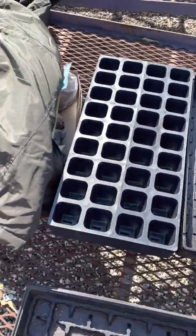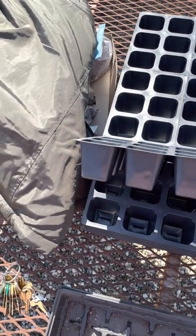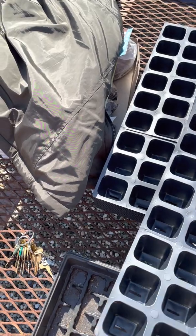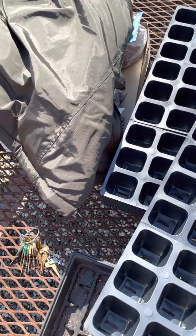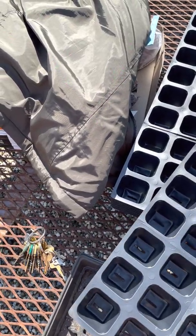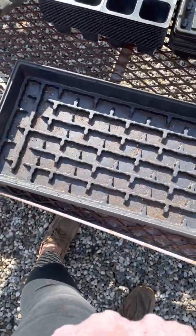So what we first want to do is get a small thin tray of these like 6-packs. Altogether there should be about how many is this? 3 times 2 is what, 6? Yeah, 6 packs. And then you want a bottom tray that doesn't have any holes in it,